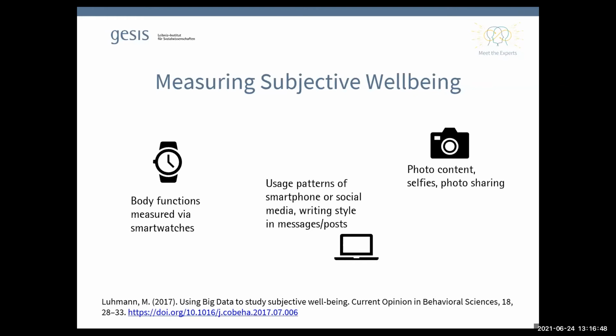So the paper listed here looks at different options for measuring subjective well-being with additional digital trace data, digital behavior data, also active minutes using a smartphone or another digital device, how the writing style of a person might change in different situations of well-being or episodes of different physical health states, for example. So these are data that can be collected.